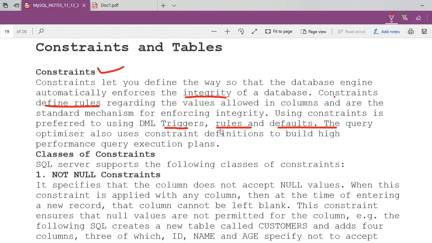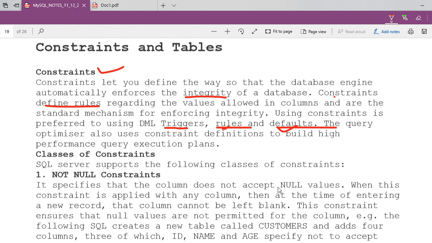Okay, and what is the rule? Rule what you have defined. And what is the default? Suppose rule is there, and again thing is that if people are not knowing the section, that A I will put, or B I will put, or C I will put, or D I will put. So you are going to make some rule that if no sections are being defined, then by default those students who are coming will go to the D section. So if you are not going to define something, then it will go to what section? D section. So that is the default value here.